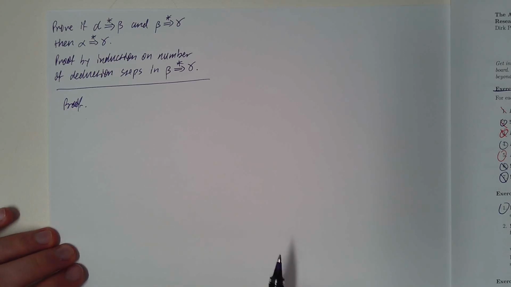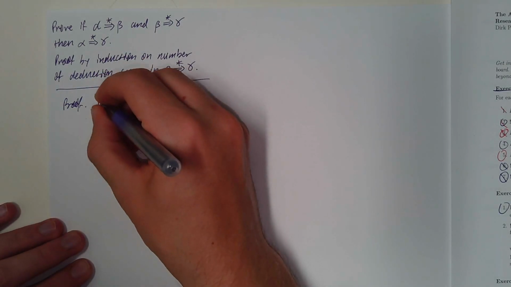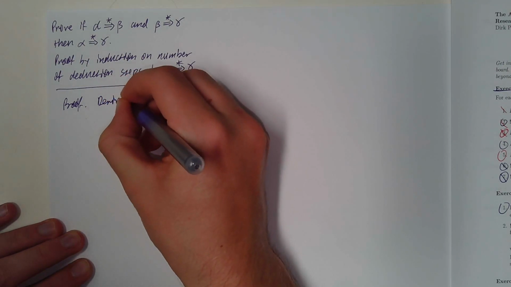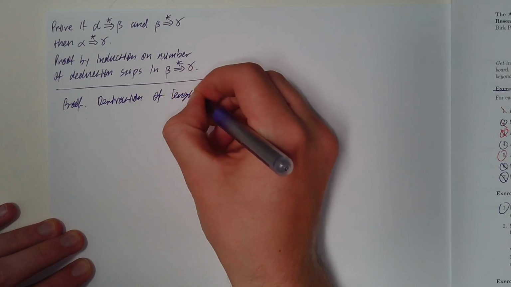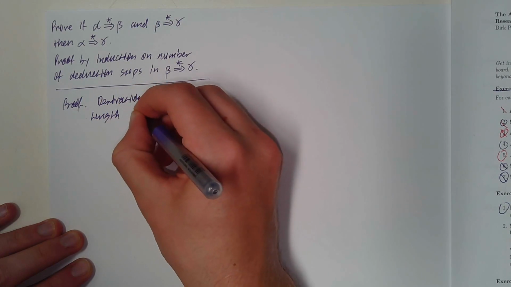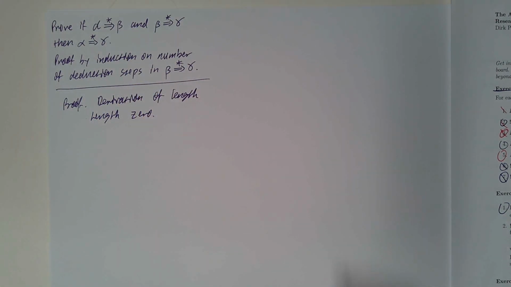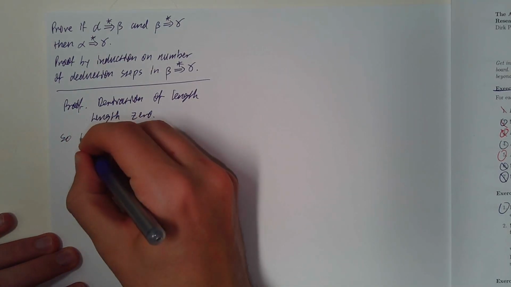So what's our base case going to be? Our base case is going to be derivations of length 0. Okay, and what's the derivation of length 0? Well, for a derivation of length 0 we just do nothing, right? It's the do nothing derivation, which is you leave the string the way it is, right? So, trivially,